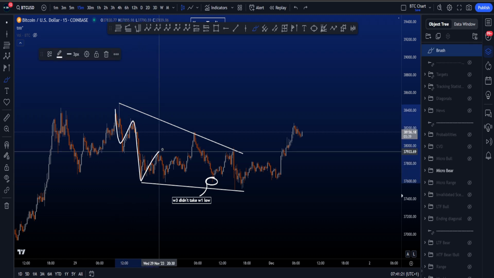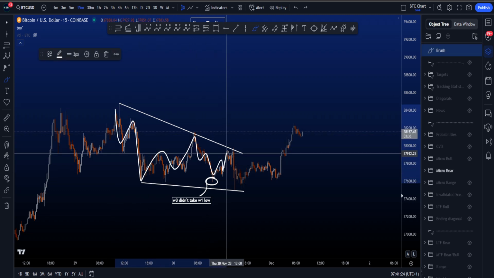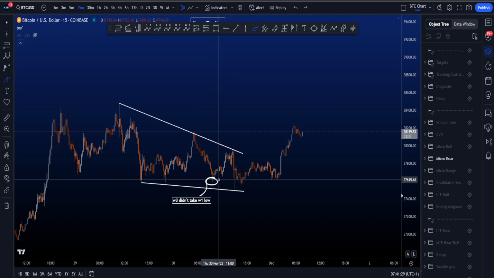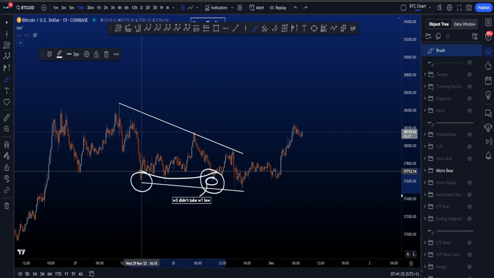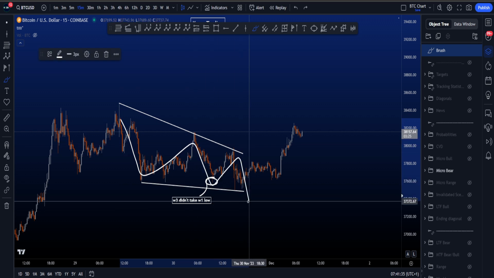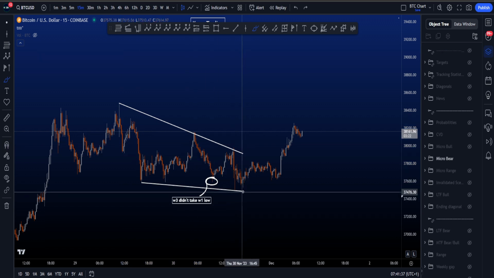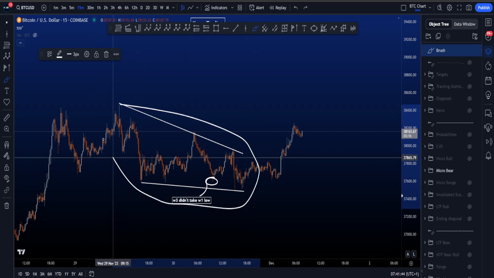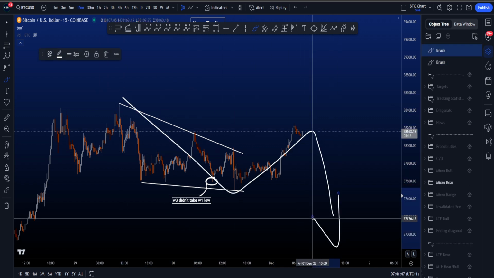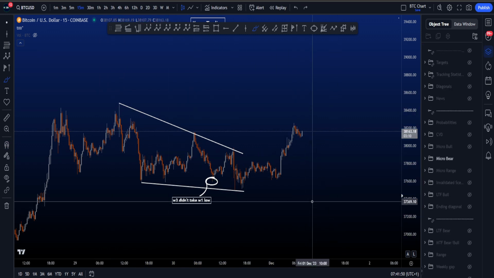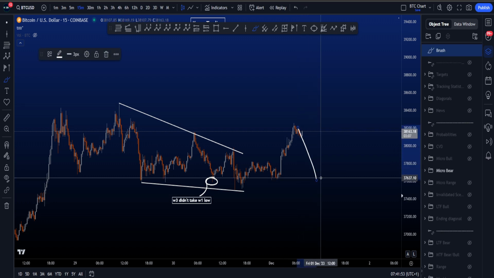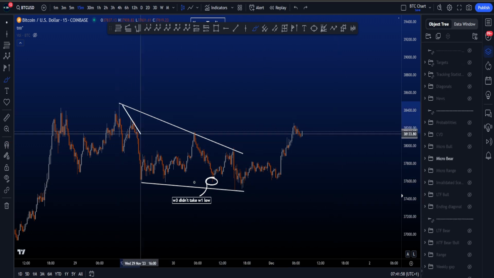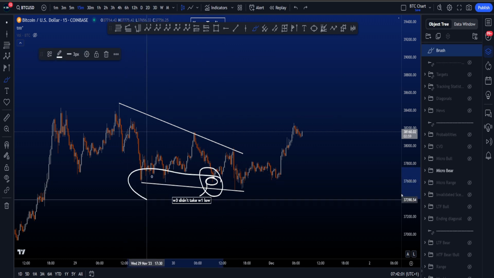So in this case, we have a leading diagonal where all the waves are then 3-wave structures. So we have over here your wave 1, your wave 2, your wave 3, your wave 4, and then you're actually looking for 5. Now, besides this wave 5 looking very much like a flat, which isn't allowed, the main issue is that wave 3 did not go below the low of wave 1 in a 1, 2, 3, 4, 5, and that is not allowed in a leading diagonal, really increasing the probabilities that price is still going to take this high, because this would be a 5-wave structure, and then a 1, 2, 3 to the downside, or an A, B, and then a wave C to the downside. Now we can of course move correctively to the downside in the scenario I just showed you, but not in a scenario where it's an A, B, C, or a 1, 2, 3 like this,